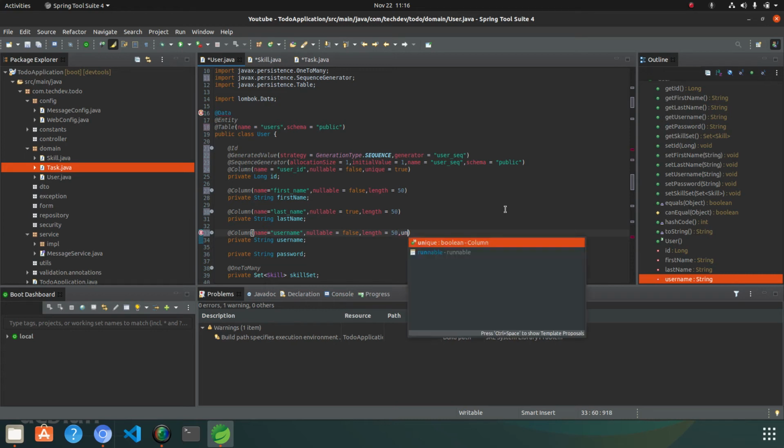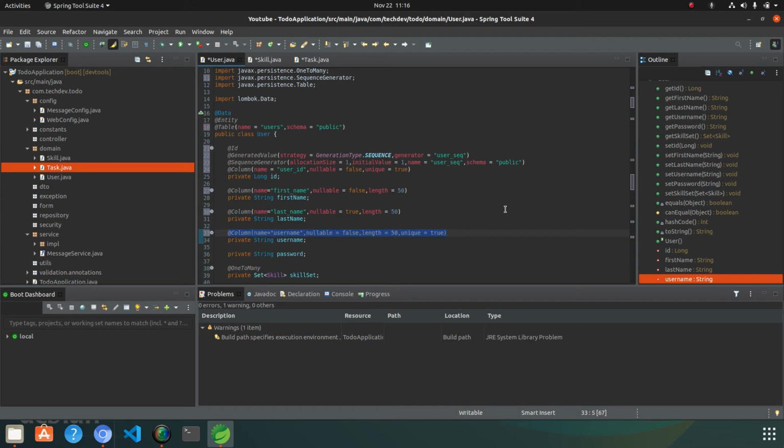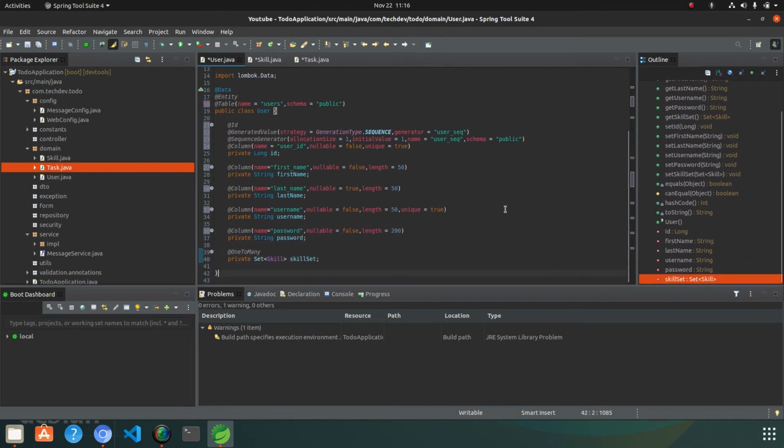And also it should be unique, that is true. And similarly for the password, the name will be password, nullable false. Length can be around 200 because we will encrypt the password, and there is no uniqueness kind of thing.